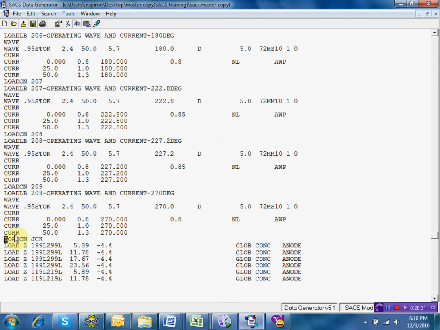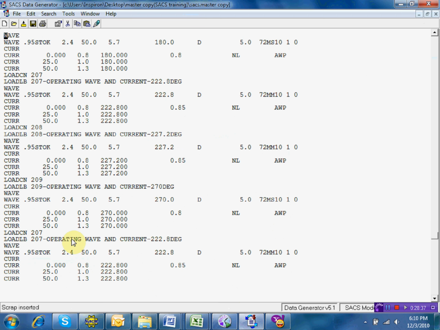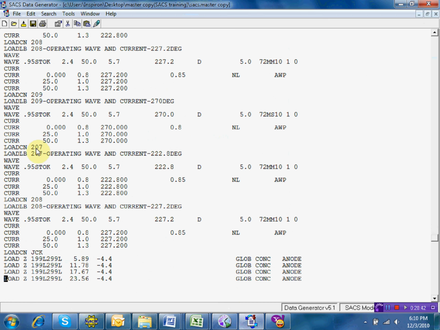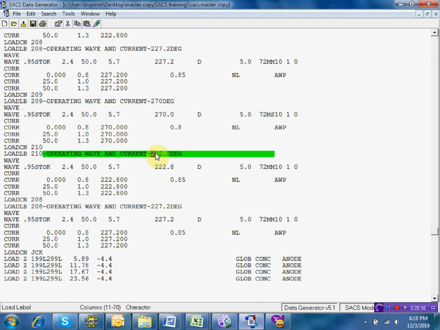So this is the same with this diagonal. So this is the same with 207. I will copy 207 and load condition 208. So same, same. Scroll down, right click, copy, put the cursor here. So it's repetitions, it's only changing the angle of attack. First one is 210,